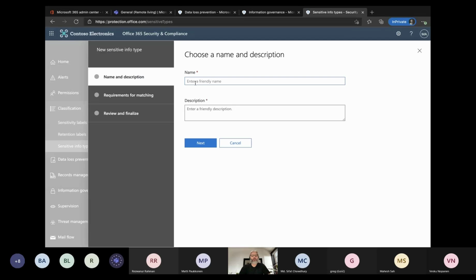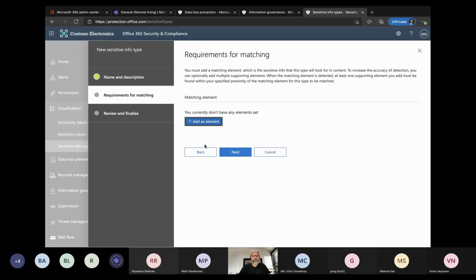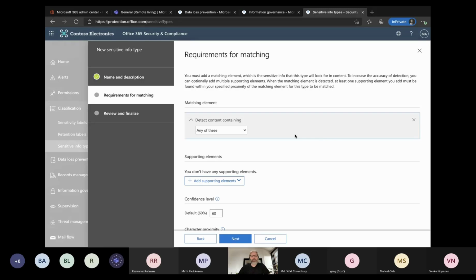you just hit this create button here, and we can type in a name, custom sensitive information type. You've got to give it a description, so we'll just call it sensitive information type, just for the sake of it. Requirements for matching, you've got to add a matching element, which is the sensitive info that this type will look for. We've not got any elements set at the moment, so we want to go ahead and add an element. So what do we want to do here? We want to add